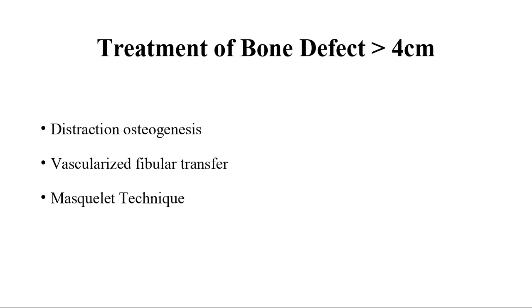The Masquelet technique involves bone cement that's put in a specialized manner. When we go in, we make a little incision in the sheath that has now covered over the bone cement. We remove the bone cement without jeopardizing this nice sheath, which now goes from one end of the bone to the other end of the bone. And then we pack bone graft in that huge defect, and then it's closed back. The Masquelet technique,